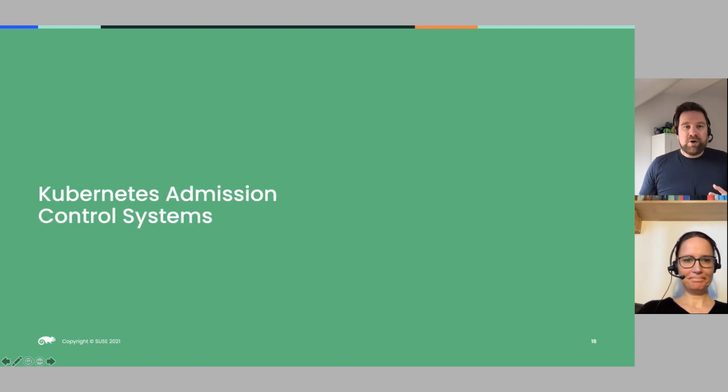The next set of tools are admission control tools and systems. These are tools like KubeWarden, Kyverno, or the Open Policy Agent Gatekeeper. The Kubernetes API has an admission control hook inside, which means you can configure the Kubernetes API, before it actually stores a new container, a new pod, a new deployment, a new ingress routing rule inside of your cluster, to first ask a small service and send it the manifest that the user wants to store, and the service then can say, yes, I want to allow this, or maybe no, I want to forbid it because there's some problem